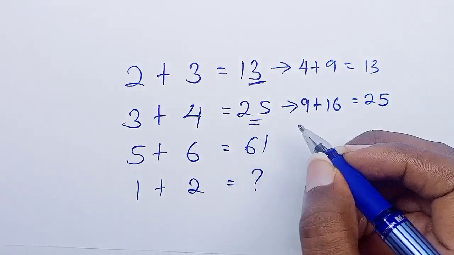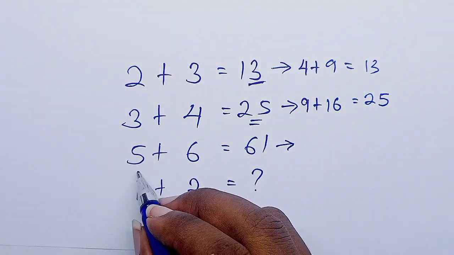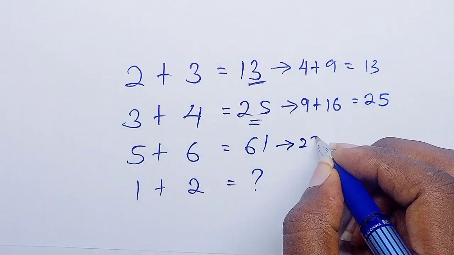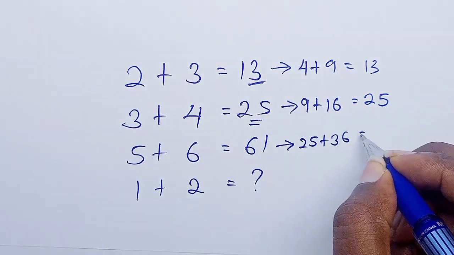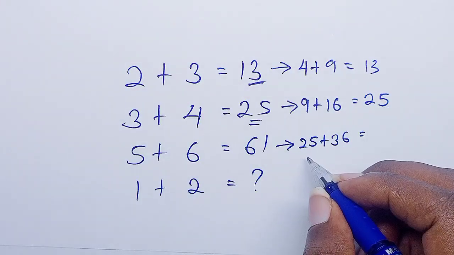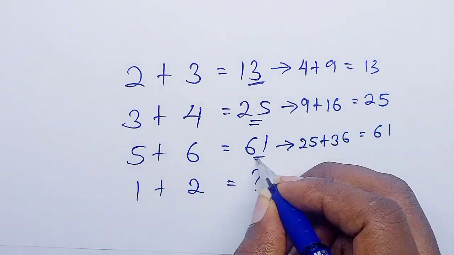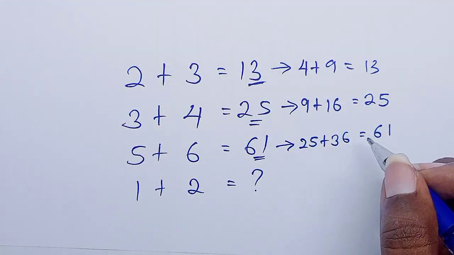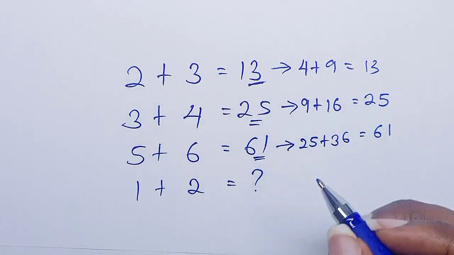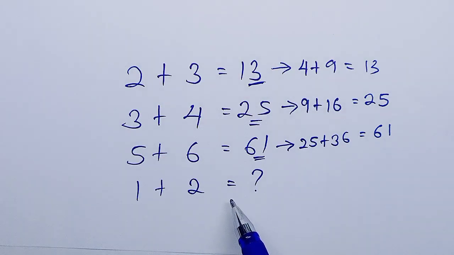which is this value here. Let's see for the third one. 5 squared is 25 plus 6 squared is 36. 36 plus 25 is equal to 61, which is this. So if all these three have followed the same arrangement and given us the correct answers, that means this also follows the same kind of logic, or you have to apply the same kind of logic to get the answer